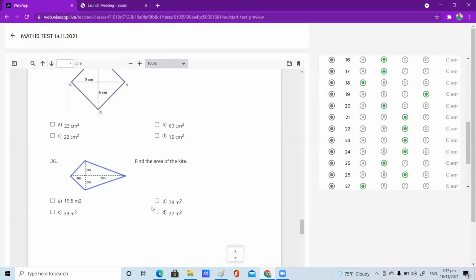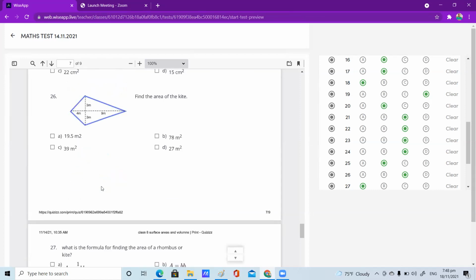You are getting the same answer. If you use the diagonals here, 9 plus 4, it's 13. 13 plus 13 multiplied with 6 by 2, 13 threes are 39. Yes, same, 39. You can even use that. No need to go for anything else, whatever the student's idea is, I'll appreciate it. Very good, Lalit. You can directly use diagonals, product of diagonals by 2, or else half of the product of diagonals.